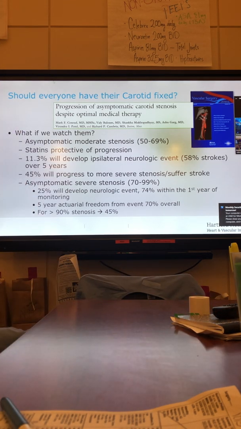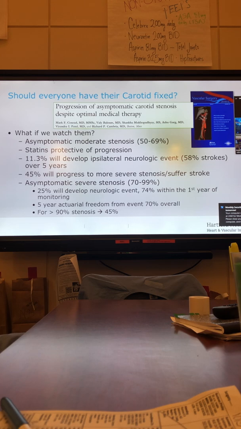What about if you have severe stenosis, so greater than 70%? Now, we choose a threshold of greater than 80 because we feel that that 70 to 80% range is not well understood. So we just have a higher threshold in general. That's our group's practice. There's some caveats to that, but by and large, it's a good